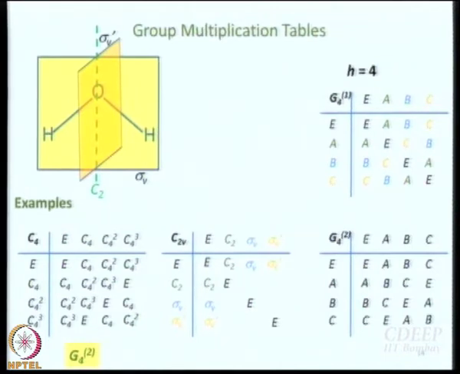Then when you apply C2, what will happen? First of all, HA, HB will interchange, and upper lobe and lower lobe will also interchange. So what is the net effect? Net effect is sigma V dashed, isn't it? A and B have interchanged, but since upper lobe and lower lobe have interchanged twice, they are reset. So this is sigma V dashed and not C2. Not using the rearrangement theorem, but just by thinking of the structure of the molecule and turning it around, we can convince ourselves that sigma V dashed is what should be there, not C2.